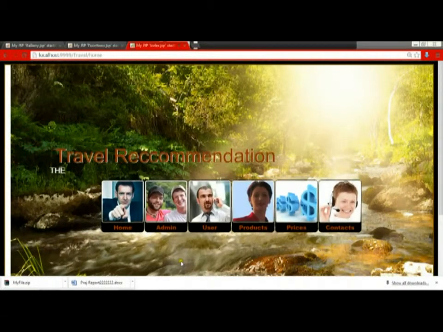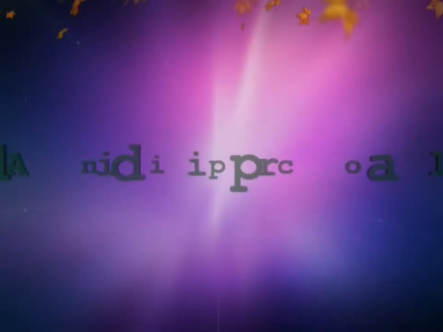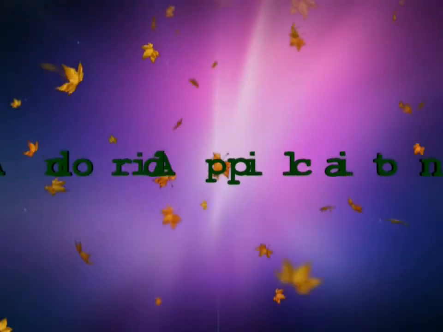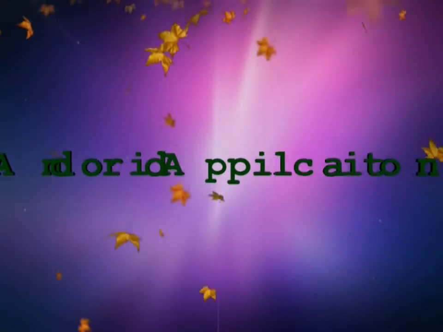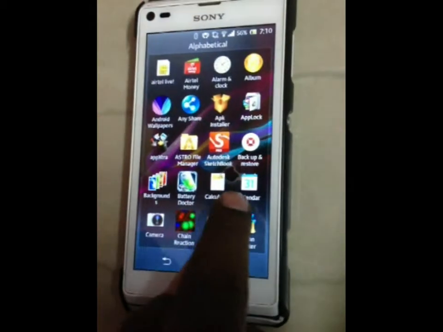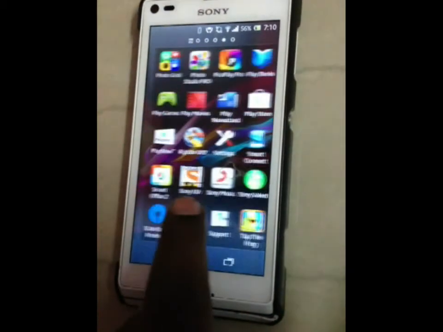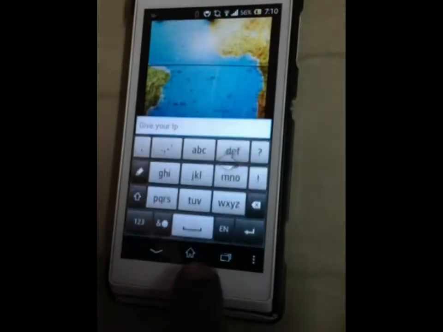Now we come back to our travel recommendation home page. This was our home page, and this is our Android application. We have added it additionally to our project. In the Android application, we have to install an app called Traveling.